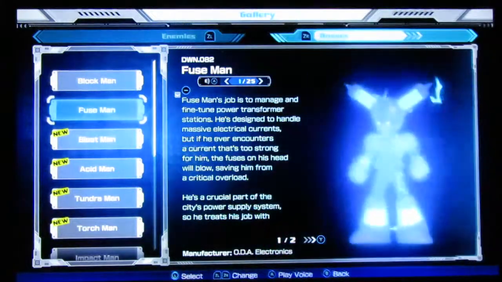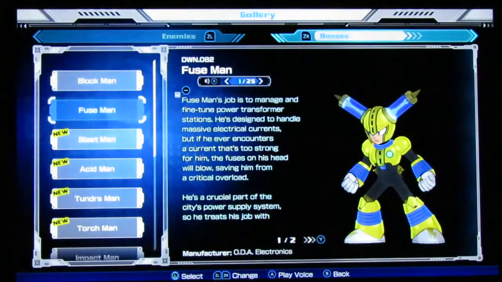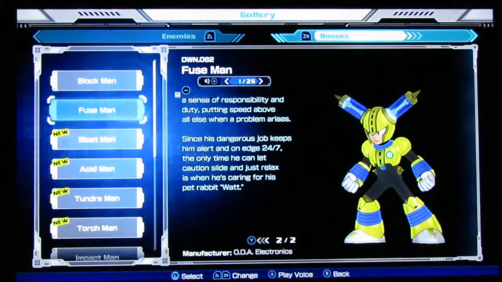Fuse Man. Fuse Man's job is to manage and fine-tune the power transformer stations. He's designed to handle massive electrical currents, but if he ever encounters a current that's too strong for him, the fuses on his head will blow, saving him from a critical overload. He is a crucial part of the city's power supply system, so he treats his job with a sense of